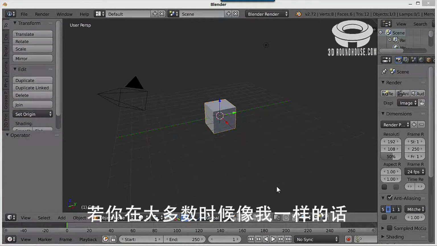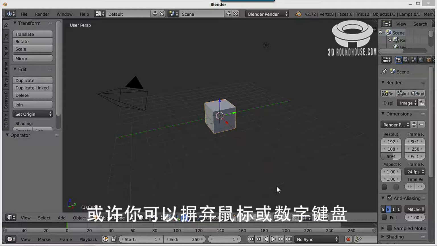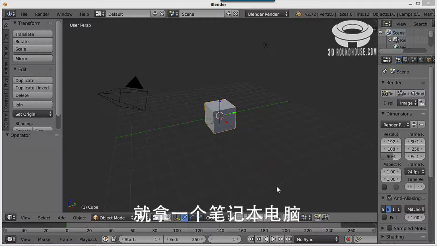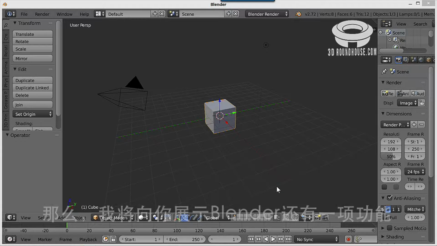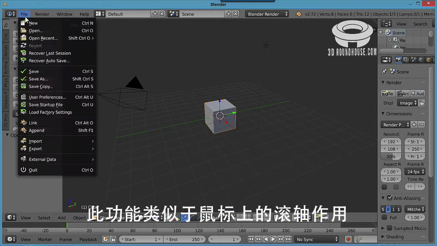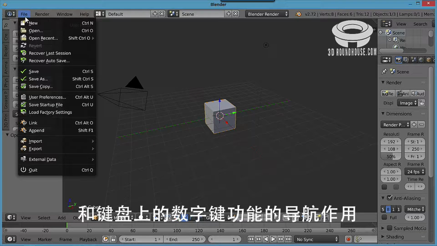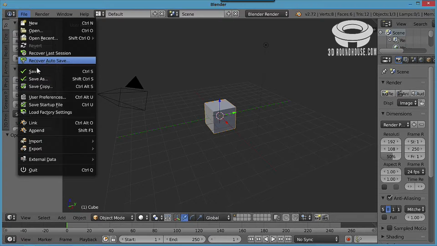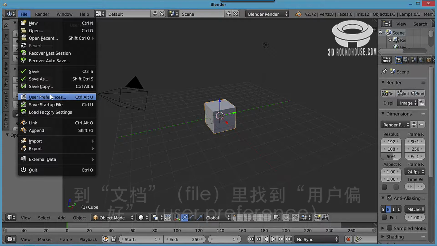If you are like me, most of the time, maybe you just have in front of you a laptop without numpad on the keyboard and without mouse. I will show you that Blender has something for you to emulate the wheel of the mouse and to emulate a numpad. You go to User Preferences here,